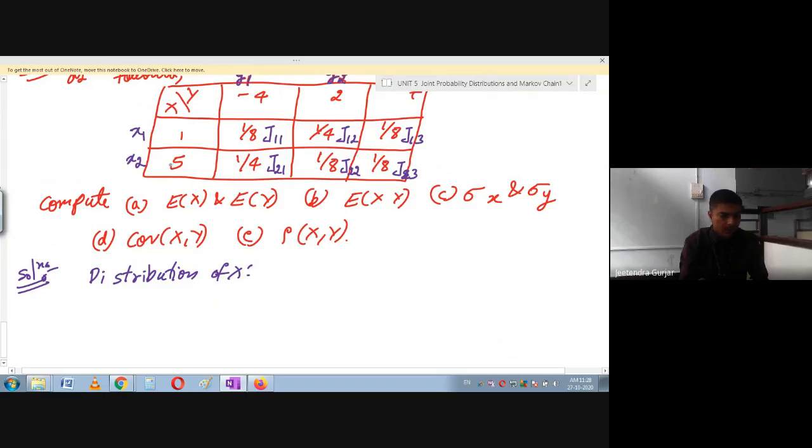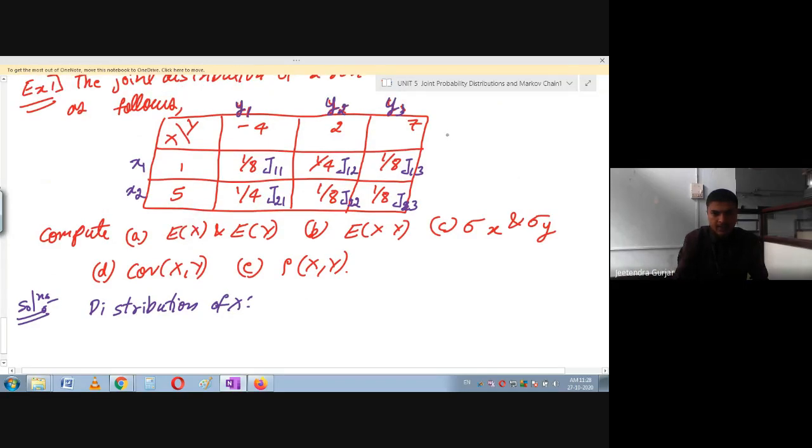Means how you are going to simplify this, friends? Add these terms. Then you will get here some value. That is distribution of f of xi. So please calculate this, ones. 1 upon 8 plus 1 upon 4 plus 1 upon 8. What is the value? Can you calculate? That is our distribution f of xi. Yes, can you tell me? Yes, please unmute and tell me.